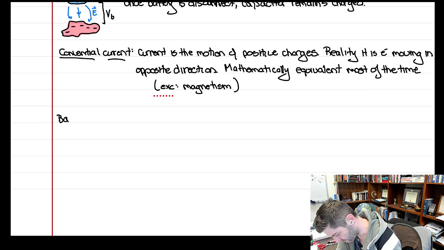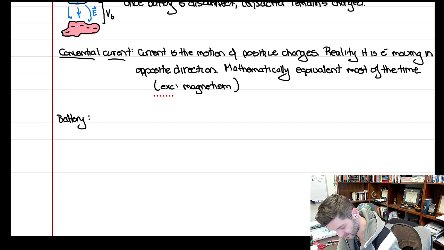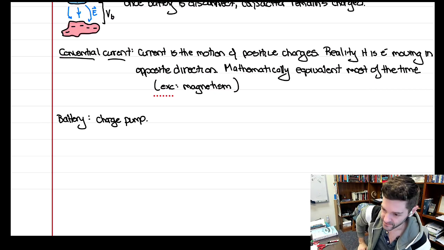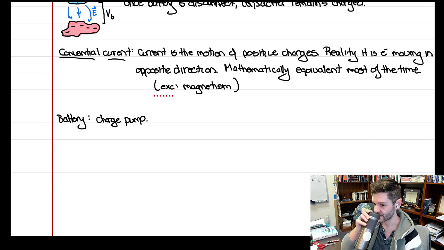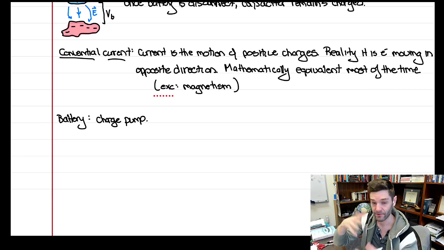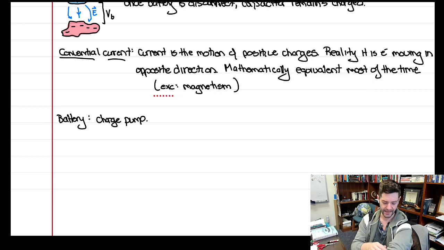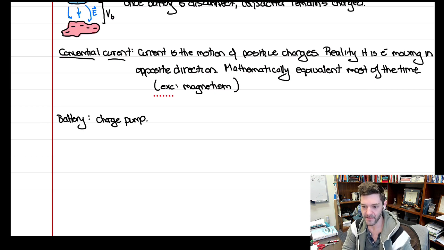So a battery, we'll be getting more into current in the next couple lectures. But for a battery, we can think of this, I called it a charge pump. And I think that works for us for right now. Because there's a lot of misconceptions over what a battery is doing, and is it driving energy, or is it driving charge, or is it creating electric fields? And we're going to make some simplifying assumptions as we try to model this and get some intuition about this. But I've been really enjoying watching YouTube videos and learning a lot from electrical engineers about what actually is going on in currents and circuits. But for us, we can think of this kind of like a charge pump,